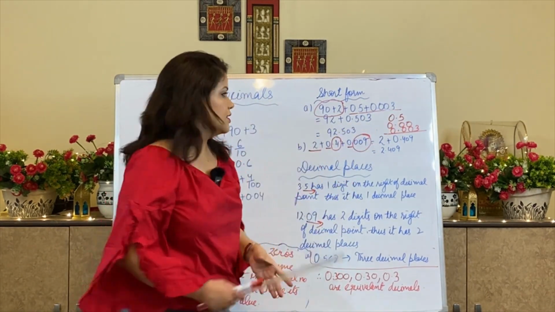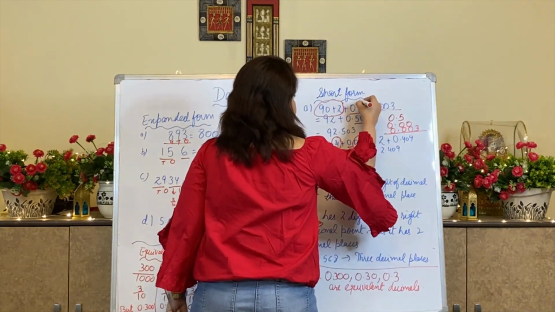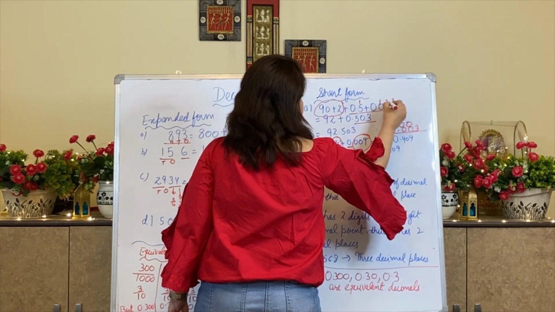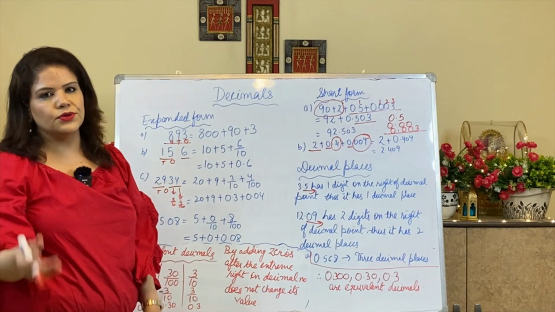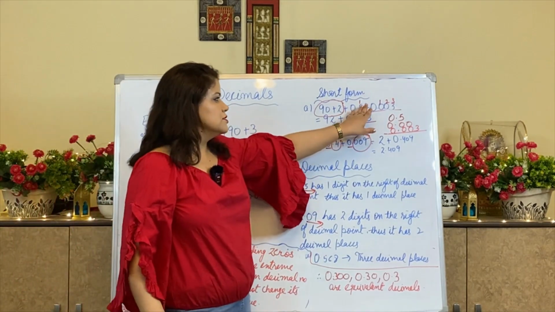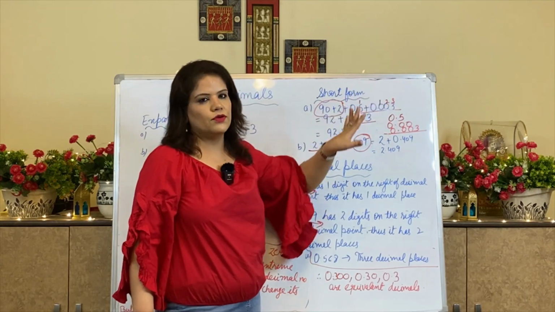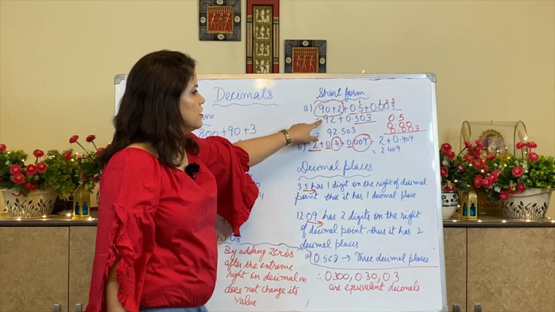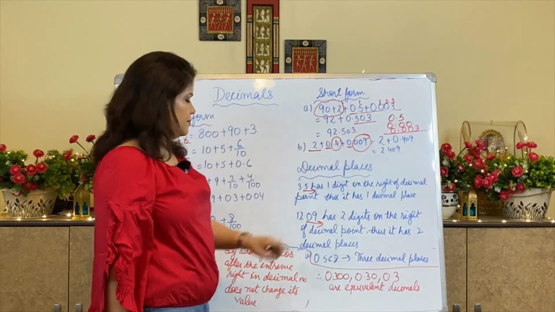You need to check these places. This number has 3 decimal places. This is the first decimal place, this is the first decimal place, second, third. So first will be added to first, second will be added to second, third will be added to third. So since it has 0.5 only, it has 0.0, so it will come 0.503. So the answer will be whole part, decimal, 503.